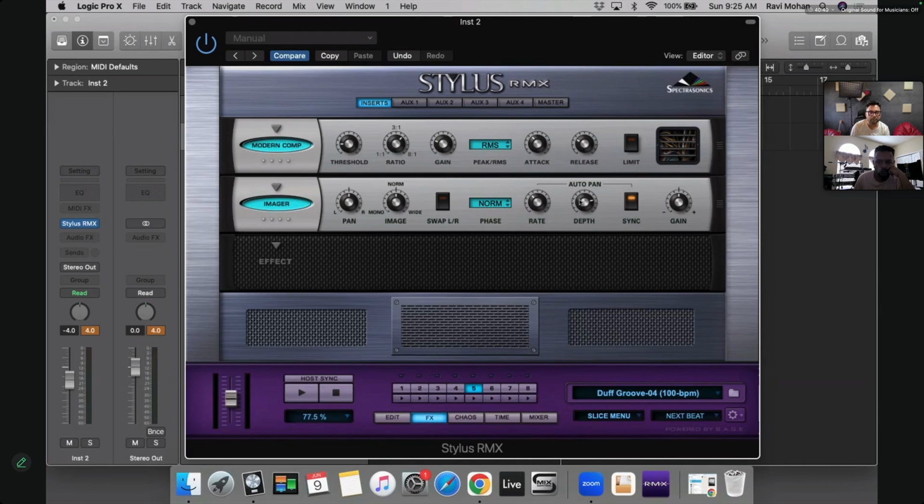Yeah. So let me just trigger this one. This is how fast or how slow you want it to pan from left to right. You can just adjust via this panning knob.